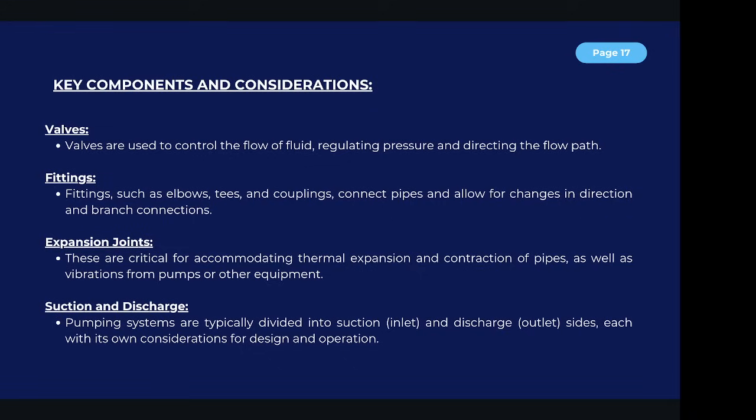So, to make it short, the auxiliary machinery and systems are the backbone of the ship's operations because they ensure that it can function safely, efficiently, and comfortably at sea.